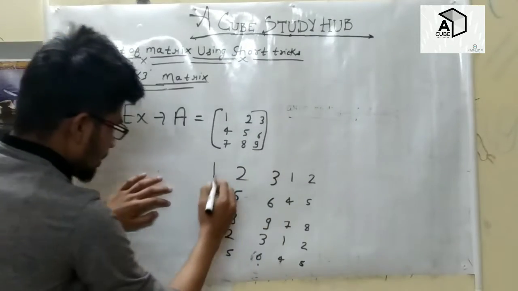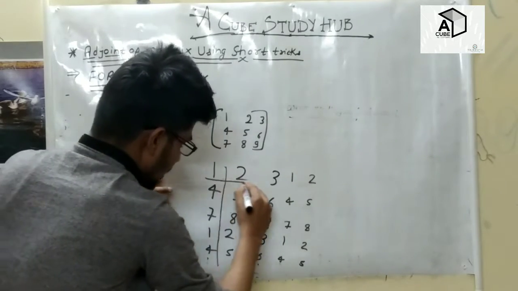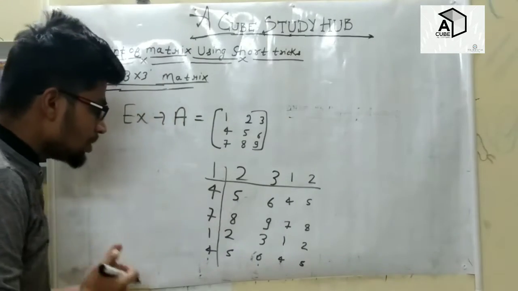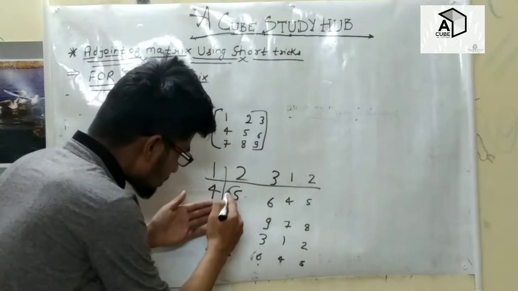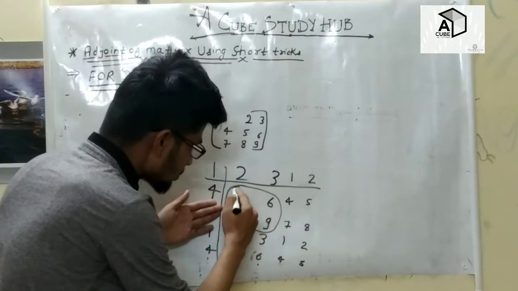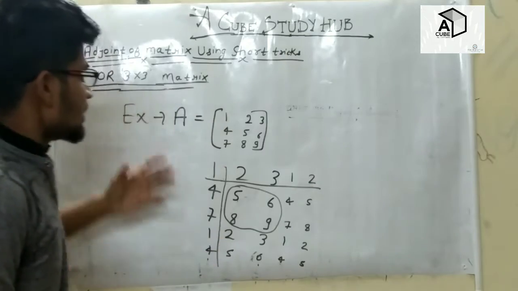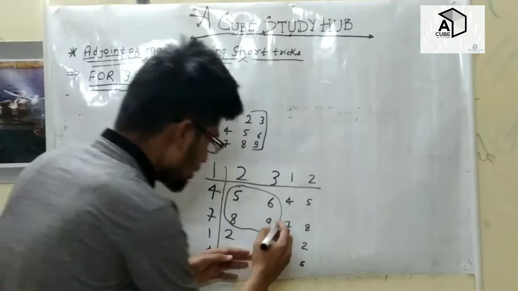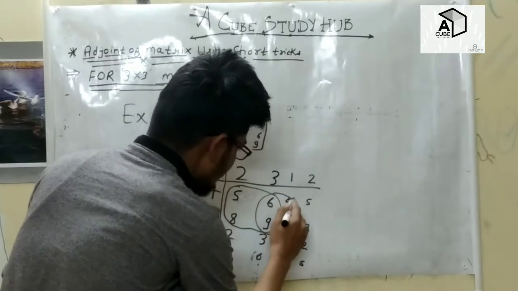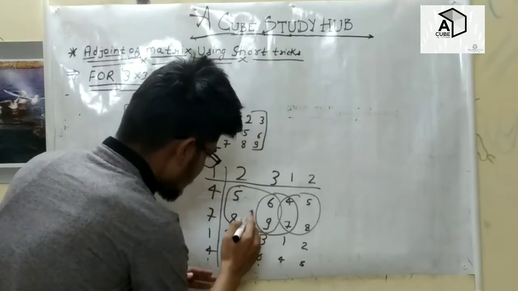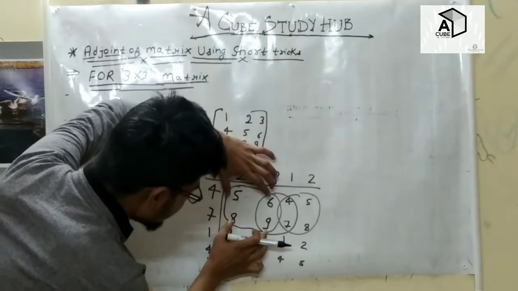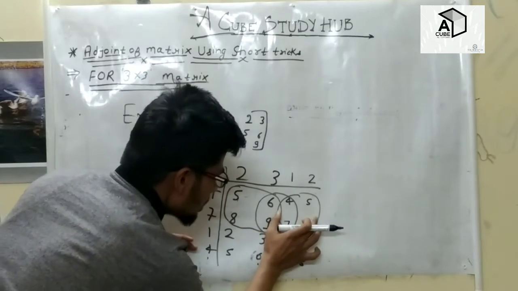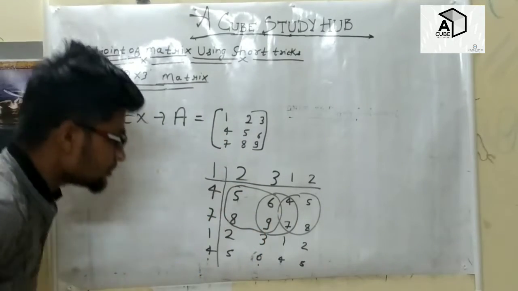Now what we will do? We will divide it. And now see what we are going to do. We are going to make matrices of order 2 cross 2 to find the cofactor of each element in the given matrix A, like this. That means firstly we will take this 2 cross 2 matrix, then we will take this 2 cross 2 matrix, then this 2 cross 2 matrix, and so on.